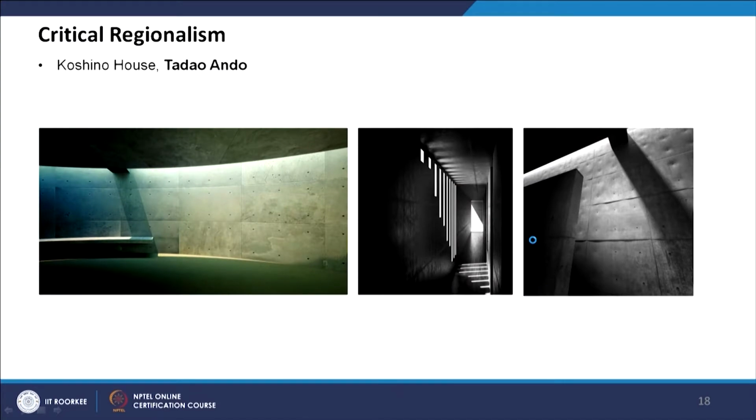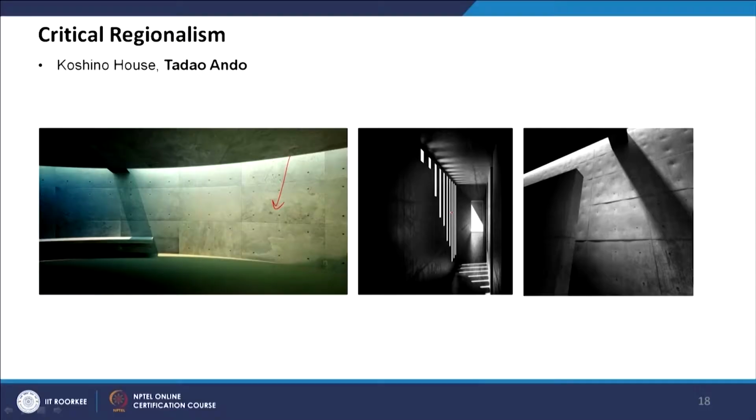Now the light plays a very predominant role in Tadao Ando's work. So light has a lot of emphasis in his design. The way he's taking the outside light becomes a design element, and in the creation of space, light plays a very important role. These patterns on the floor, wall and roof are created by the light he is taking from outside, and all these little lights are natural lights, not artificial lights. The sunlight is creating the pattern within the design.